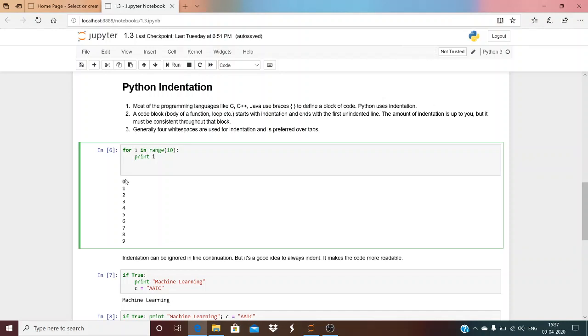You can also write this: I in range 10, from 0 to 9. We will explain for loops and ranges later, but first you just get the concept. It's only range 10, I in range 10. It means 0, 1, 2, 3, 4, 5, 6, 7, 8, 9. Print I. Okay, so this is